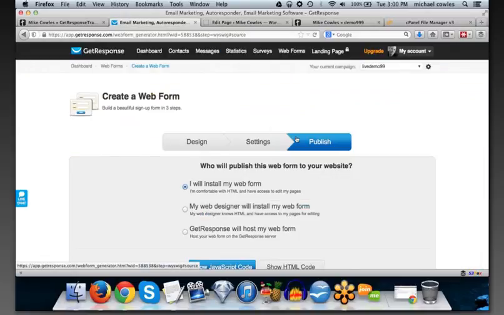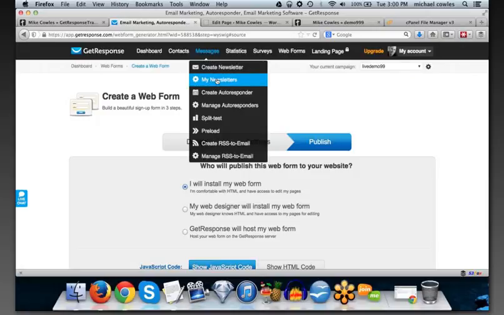All right, so next thing, there's two different types of messages that we can send out. There's newsletters and there's autoresponders. Now, a newsletter is a specific date and a specific time. So like you could say, for instance, there's a 4th of July sale this weekend, it goes till midnight, and have that go out on the 4th of July at 12 in the morning.